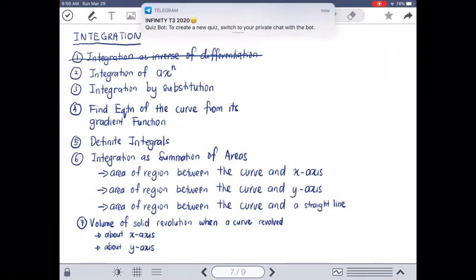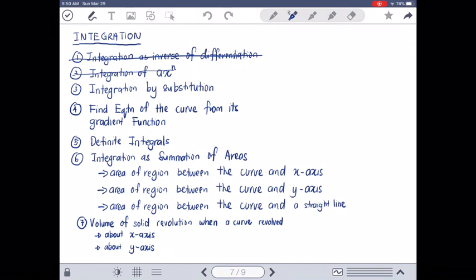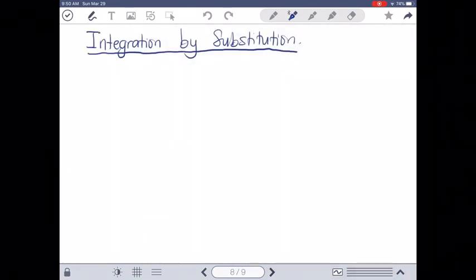We have done integration of ax to the power of n. Now we are going to have a look at integration by substitution. Normally, when we use integration by substitution, when the expression